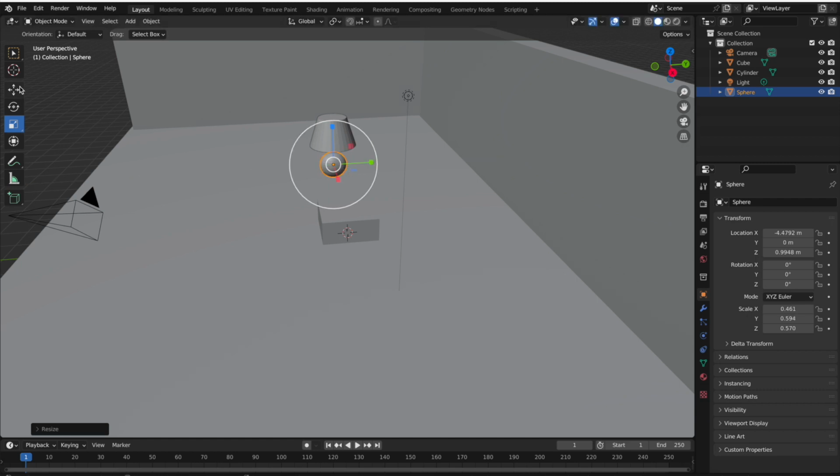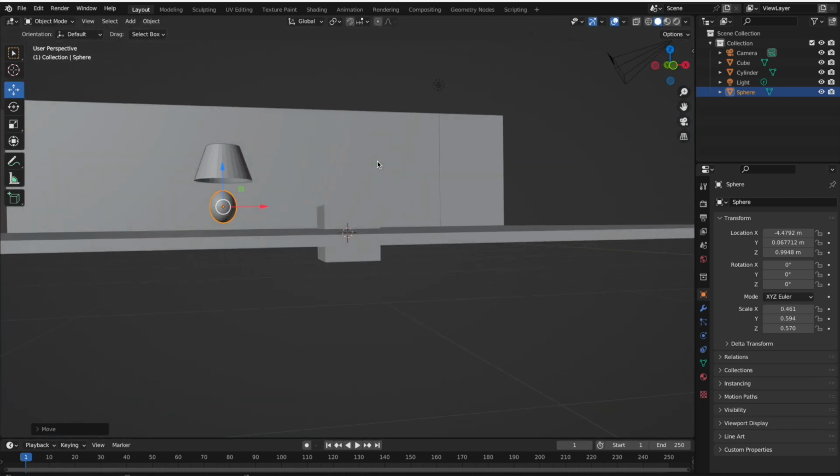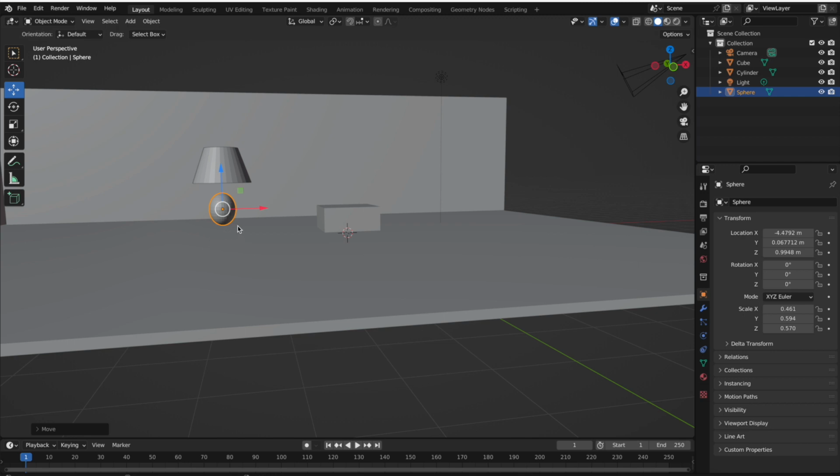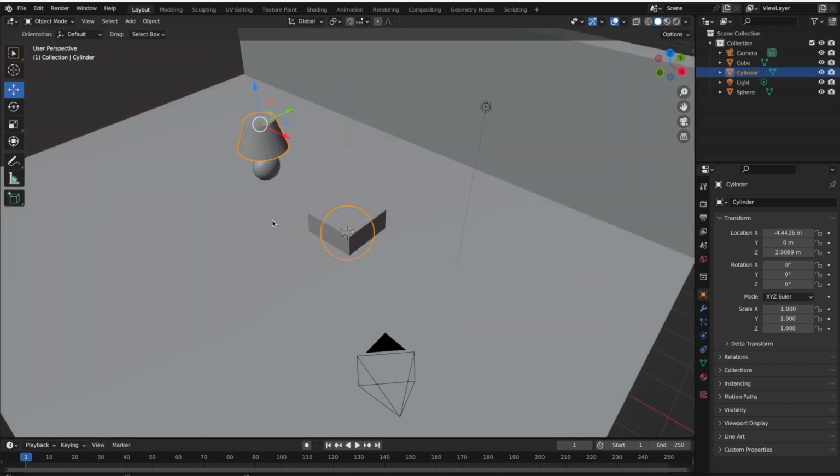And we can make this our base for the lamp. I may also put a cylinder to kind of connect it. Maybe I'll make a foot of it somehow. Honestly, I could just duplicate this and move it down to be the base. There's so many things you can do,